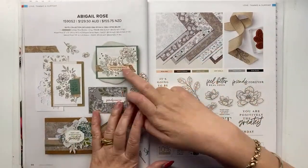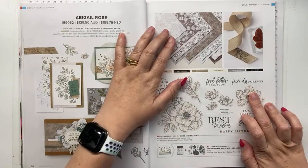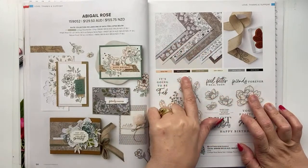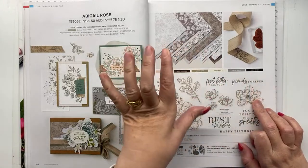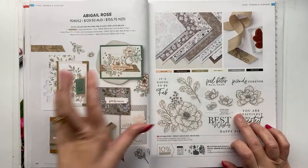Okay, Abigail Rose Sweet. Now this is soft, romantic, beautiful. I wasn't going to get this and I ended up getting it. It won me over. Gorgeous neutral papers. So we've got Petal Pink, Early Espresso, Crumb Cake, Vanilla, Smoky Slate, Basic Black. That means you can add any colour to this to make that colour sing, or you can keep it nice and neutral as they have